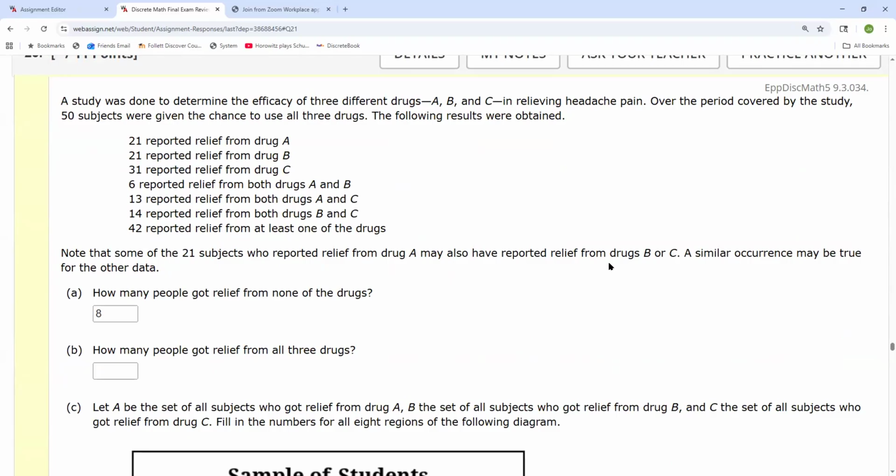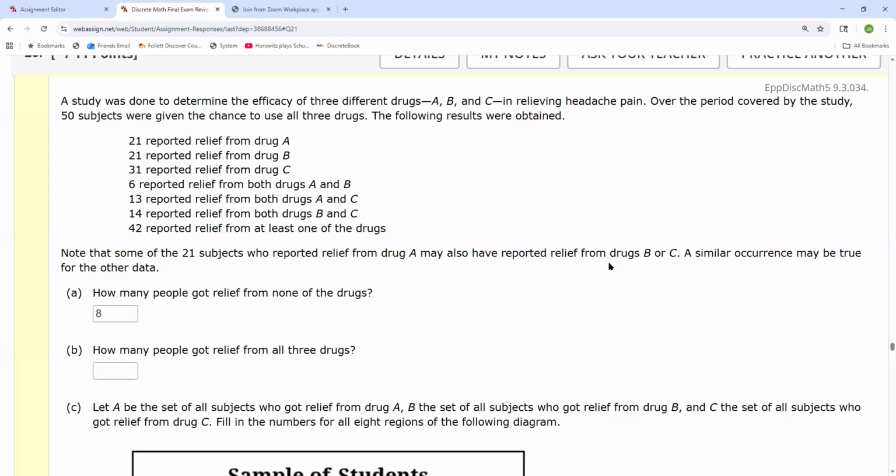And what? No, we didn't actually. I explained how to do it, but we didn't actually. At least maybe, well, some of you obviously did finish it. But we didn't actually enter the answers. 21, 21, 31, and then 6, 13, 14, and then